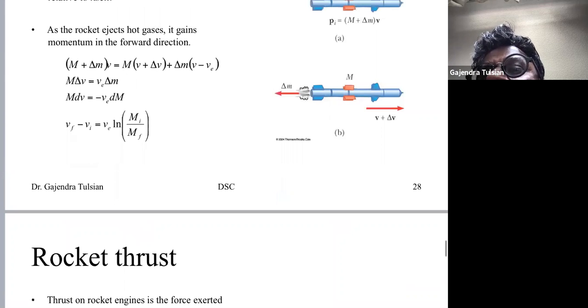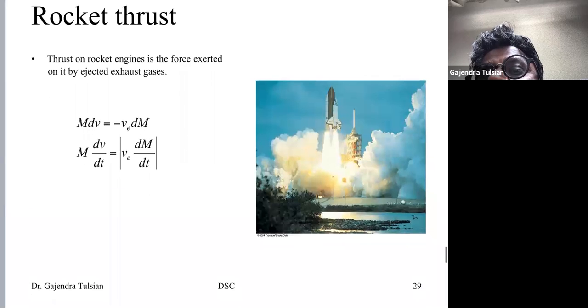We'll show you how to take into account Earth's gravity. Okay, what this tells you is the rocket thrust. Mass times dv by dt, that's acceleration, so that's the thrust or the force that the engine exerts on the rocket. And it can be shown that's equal to the exhaust velocity, VE stands for the exhaust velocity, and dm by dt, that's the rate at which the mass of the rocket is decreasing,